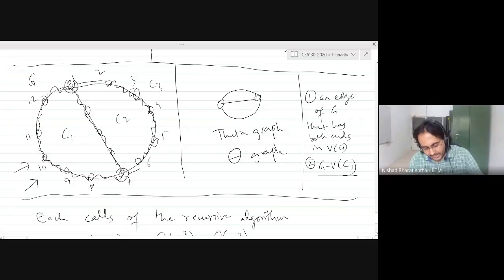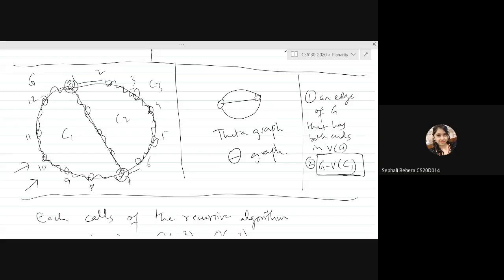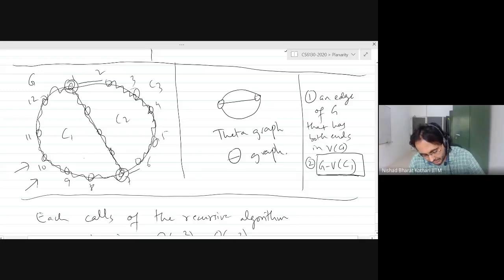So this is a bridge. This entire part from 1 up to 7 is a bridge, because from 2 to 6 is a path, which is a component after deleting the vertices of the cycle. And then you take all the edges joining the component to the cycle. And so you'll get the whole path from 1 to 7 as your bridge. So there is exactly one bridge for this cycle. Same for C2 also.